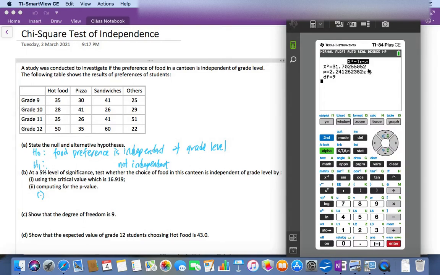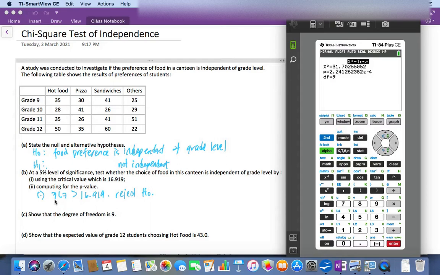So we say 31.7 is greater than the critical value of 16.919, and if that happens, our conclusion is going to be reject the null hypothesis. The requirement is we reject the null hypothesis if the calculated value is greater than the critical value, and